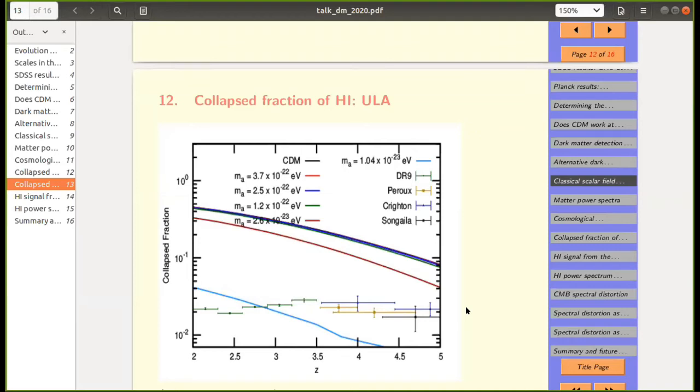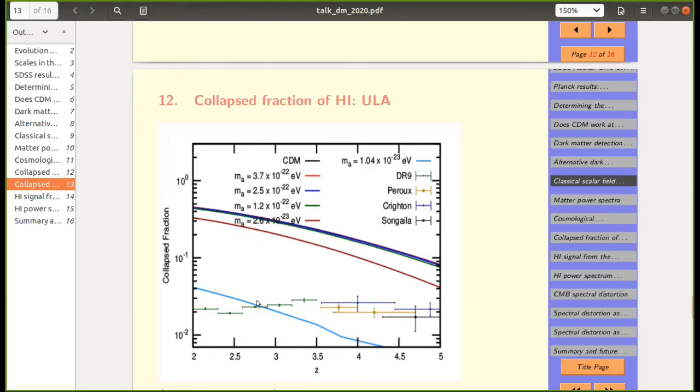When you go to very high redshift, the data are not so good. But the point is, this is the minimum amount of matter that would have collapsed. There are other things that are collapsing, but at least this has collapsed. So every acceptable model should show a collapse fraction which is larger than this value, right? If something shows larger than this value, it is unconstrained. So all these models like CDM, I've plotted a whole range of models for m_a, the mass of the ultra-light axions. All of these models are actually unconstrained by these observations, because they simply say the collapse fraction is more than that of HI. Well, we expected that, didn't we?